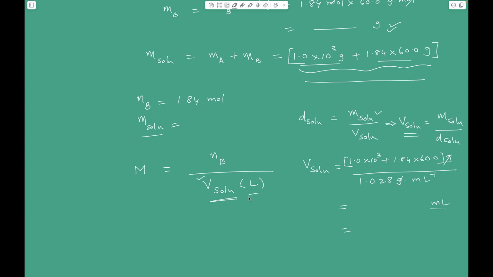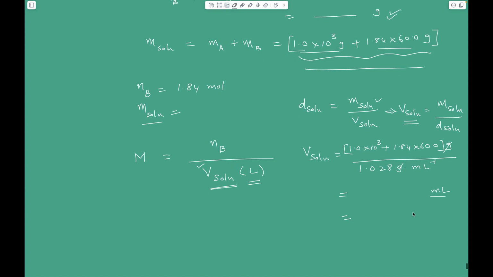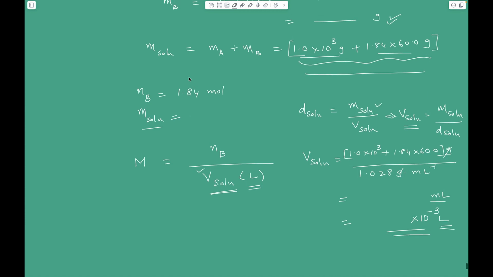But here we need the volume of the solution in liters. So convert the volume into liters by multiplying it with 10 to the power of minus 3. So there you have the volume of the solution in liters. And you know the number of moles of solute, or the amount of substance of solute. It is 1.84. So it is 1.84 mole over this thing, right? 1.028 comes into the numerator. So it is 1.028 over